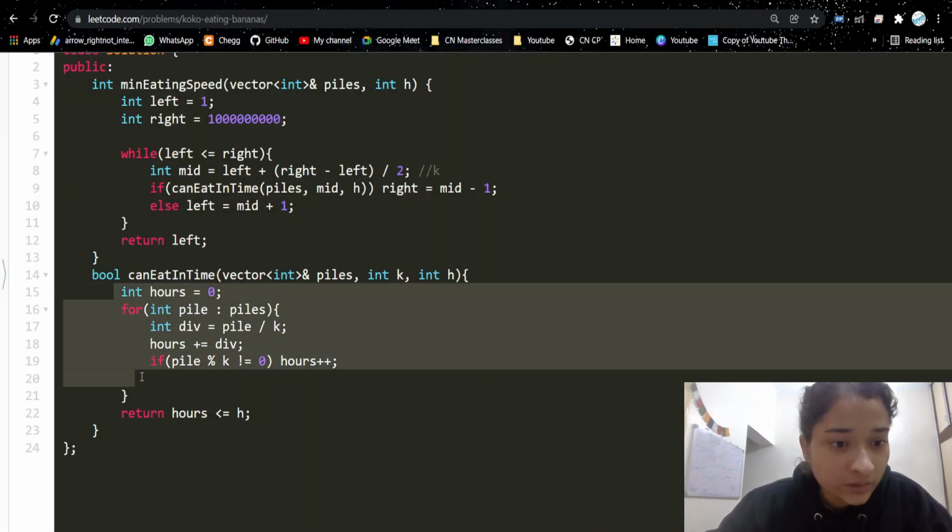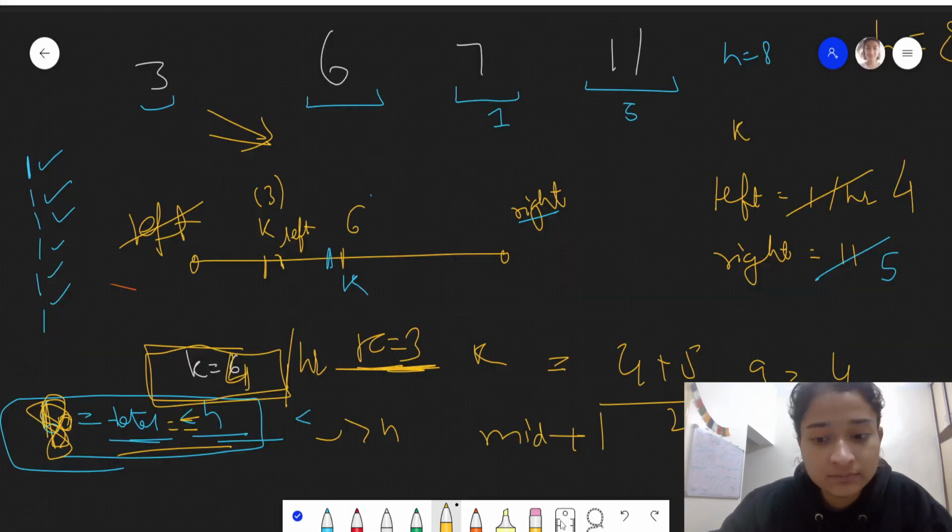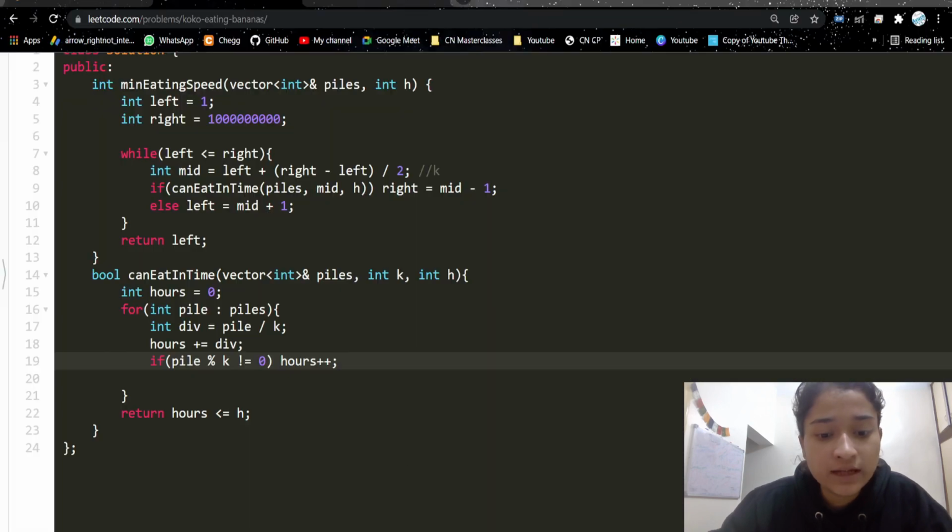In this we are calculating the hours, right? We are going to each pile and we are dividing it by k to find the hours. And if the value is less than, let's say k, like it was 3 here when k is 4, so 3 mod 4 will be 3. So for that just increase 1 hour, like that.